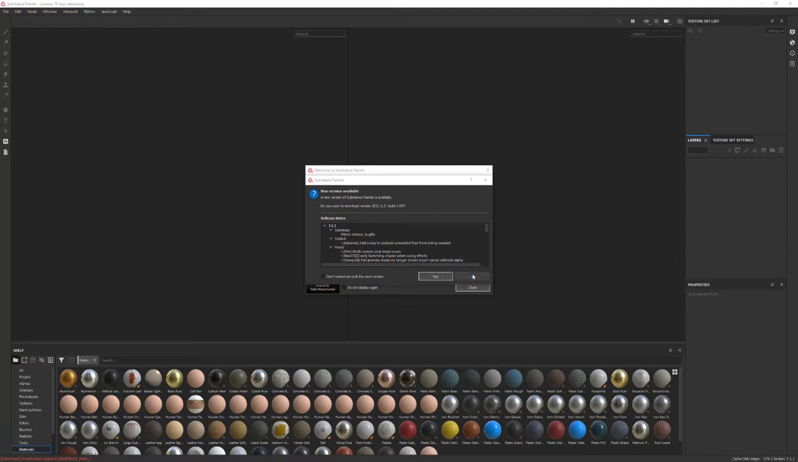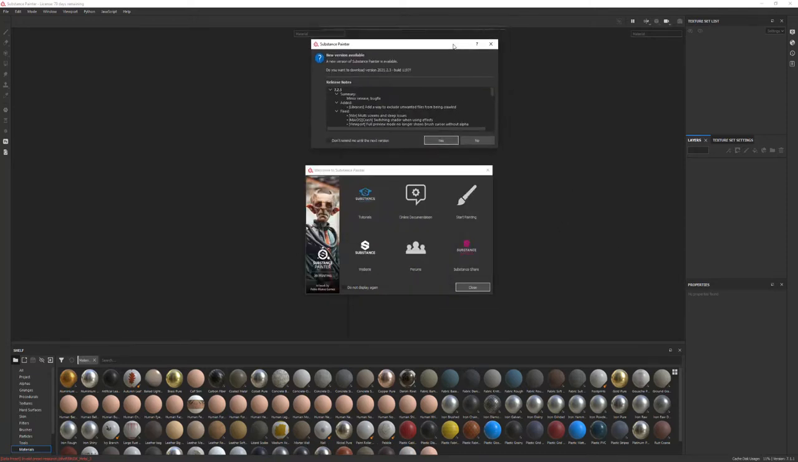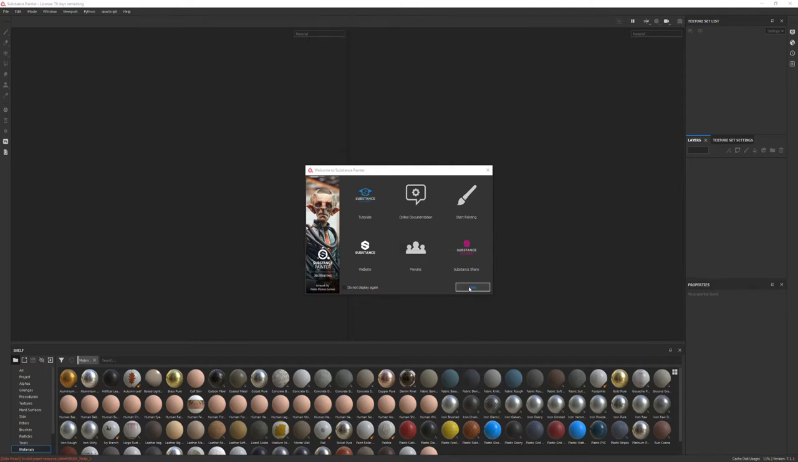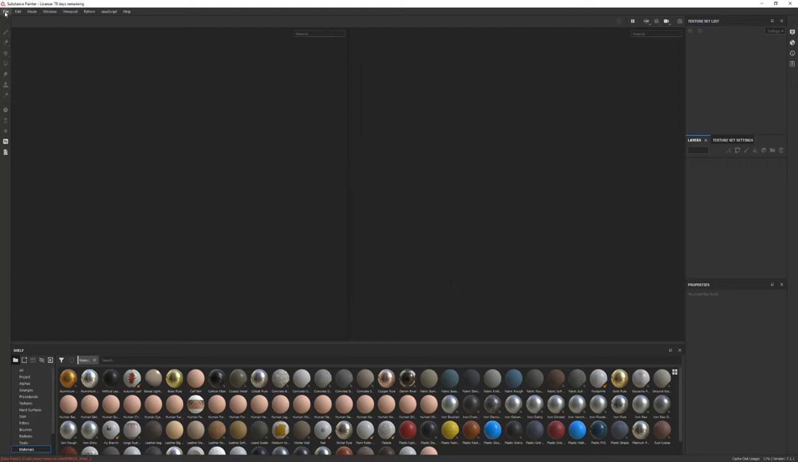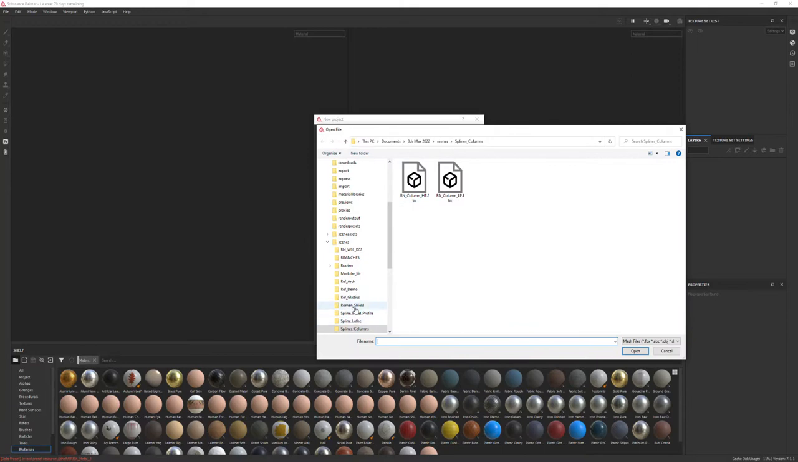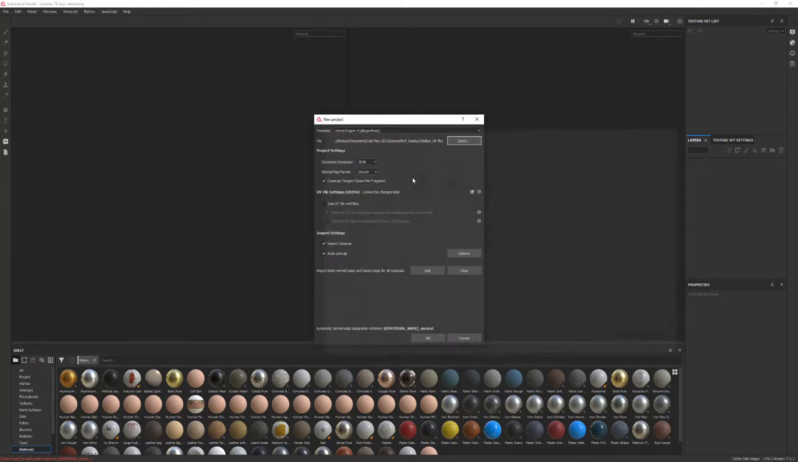Here I am once again in Substance Painter. I'm not going to get into it, but I will not be downloading the latest version. Again, I don't say do not display again because I will occasionally utilize these options here. Let's say File New, and I'm going to navigate to my Gladius. And I need to select the low poly. If I grab the high poly,